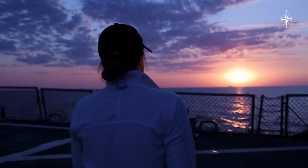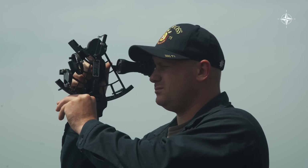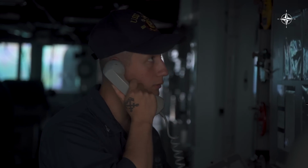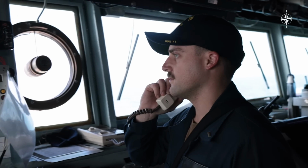I don't think I would last 4 months out here on a ship. You get kind of claustrophobic. You want to get some of your own space, but that's not really possible. The sailors here are pretty friendly. They're very nice. You can see that they're very, very focused on their job. And from what I've seen, I know it's a tough job,